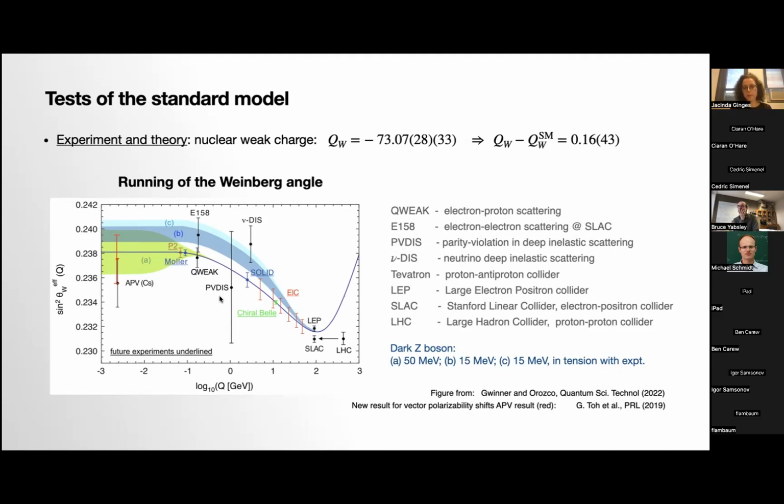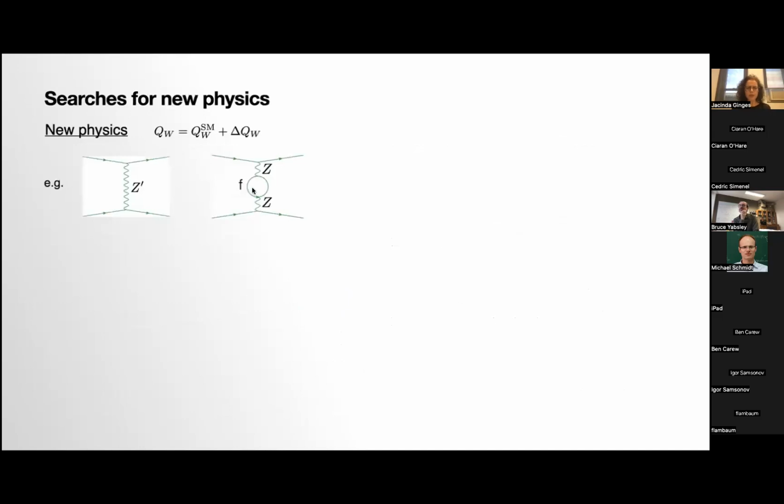So that's one of the nice illustrations here, just to show how atomic parity violation can be important really for discovering things like possible new dark bosons. And just to show more generally the sensitivity to new physics, we can be putting limits on new tree level physics, for example, similar to what I showed you, a new dark Z boson, or a new Z prime boson, or perhaps it's also sensitive to radiative corrections where you could have a new fermion in a loop.